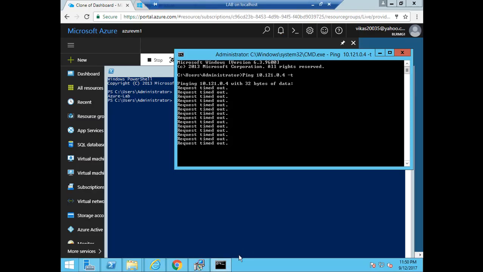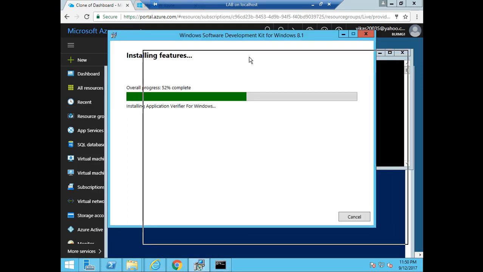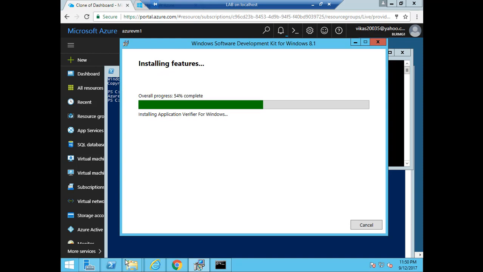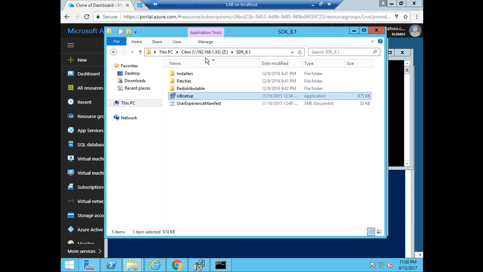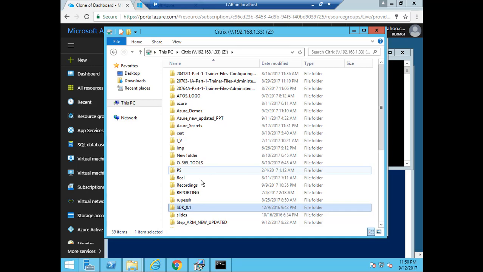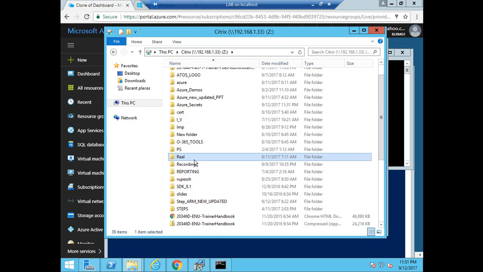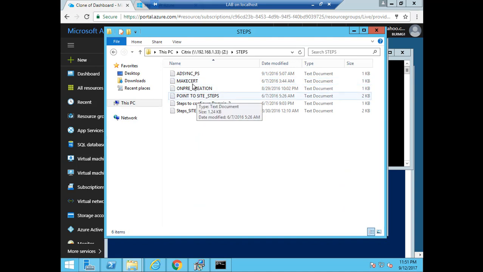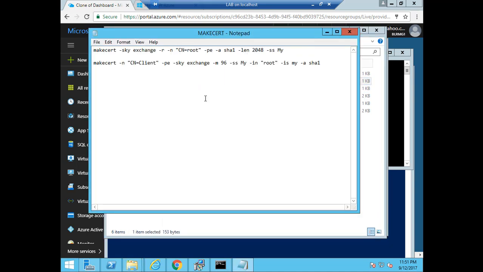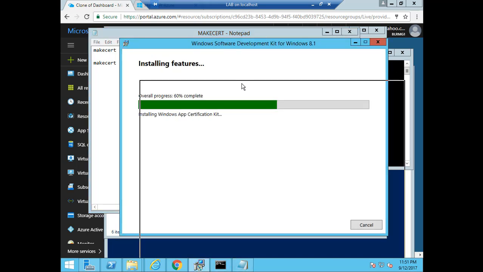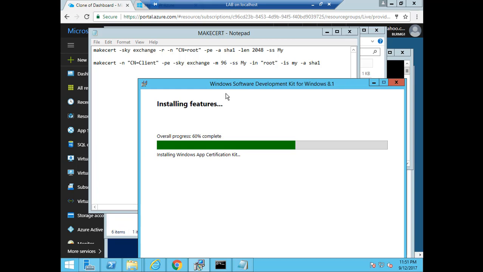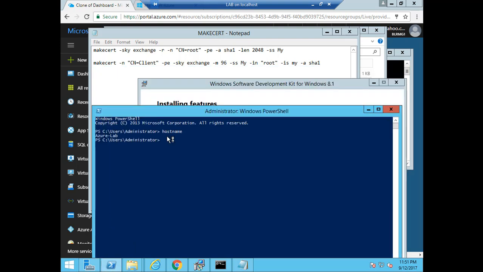My SDK install is going on, and once the SDK is done, I'm going to use two commands, which are part of the makecert utility, to get two certificates. I have two commands available with me. As soon as the SDK is installed, I'll go to a specific path. The path for makecert would be